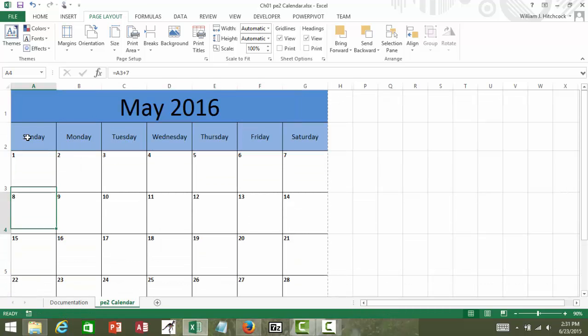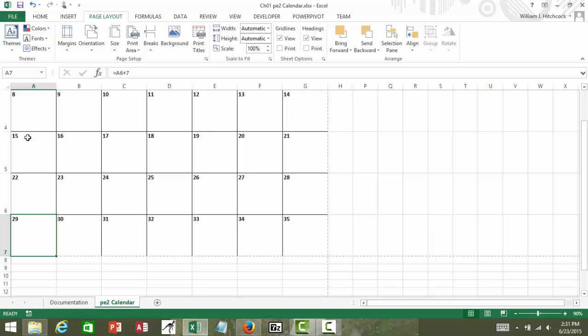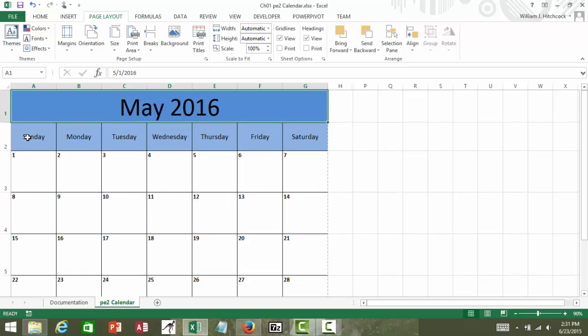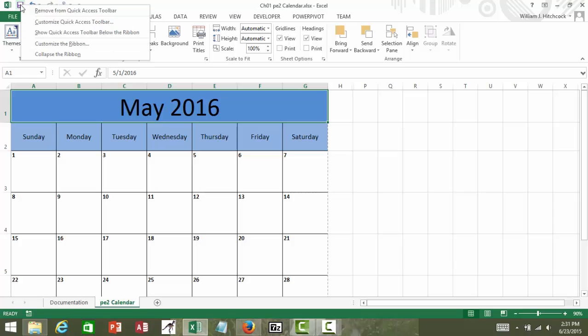So I've got this nice little calendar. It works fairly well, except I've actually got the 32nd, 33rd, 34th, and 35th of May, which doesn't make a whole lot of sense, so I'll highlight those cells, hit delete, and we've got the calendar done. Now the problem with this is it is kind of a hard-coded calendar. So if I save this,